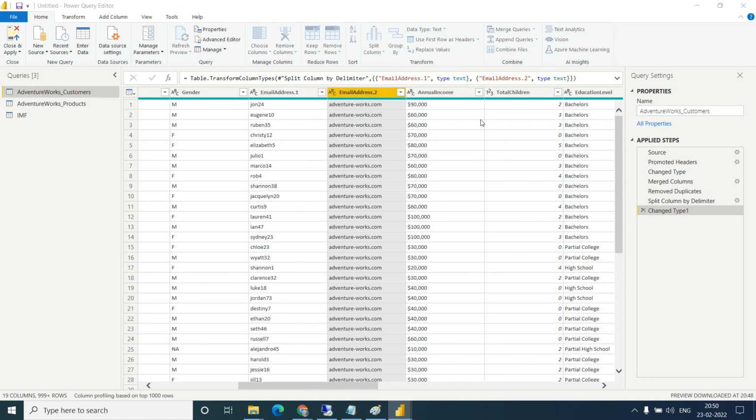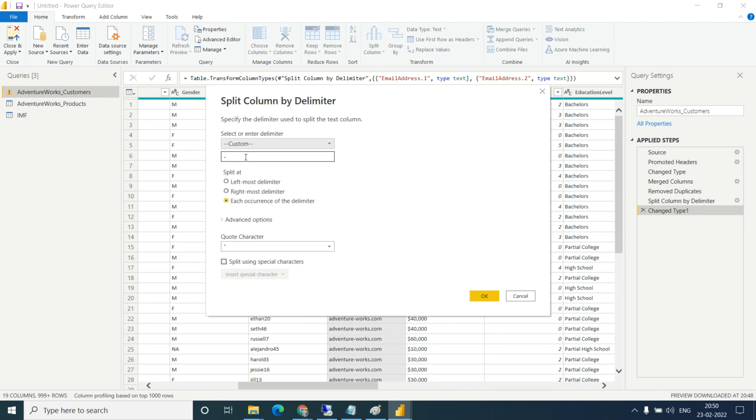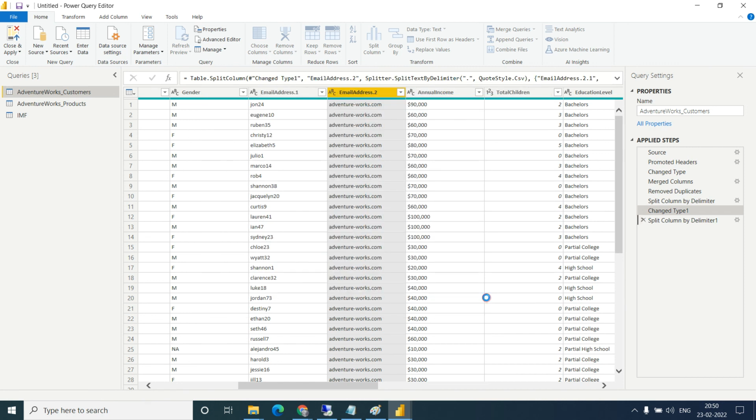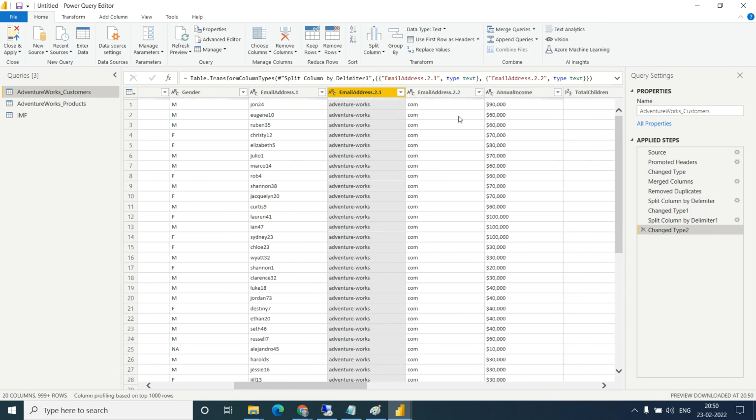By delimiter, dot. So you got adventure work separately and com separately. Using the split feature with a delimiter, we divided one column into two columns. That is the use of split. Understood everyone?